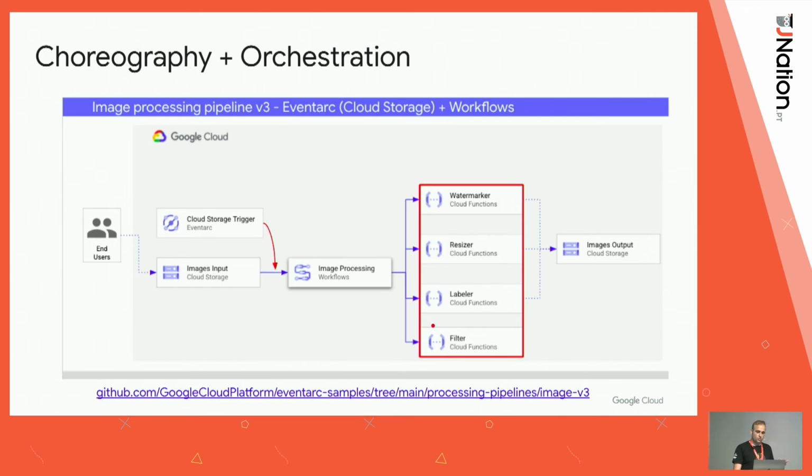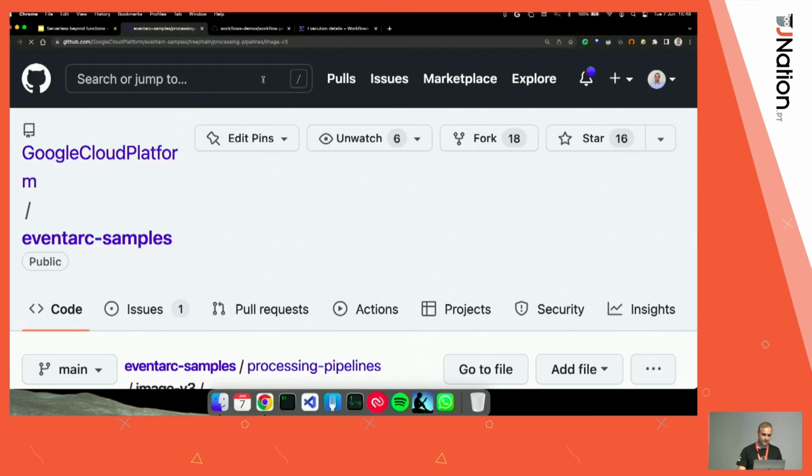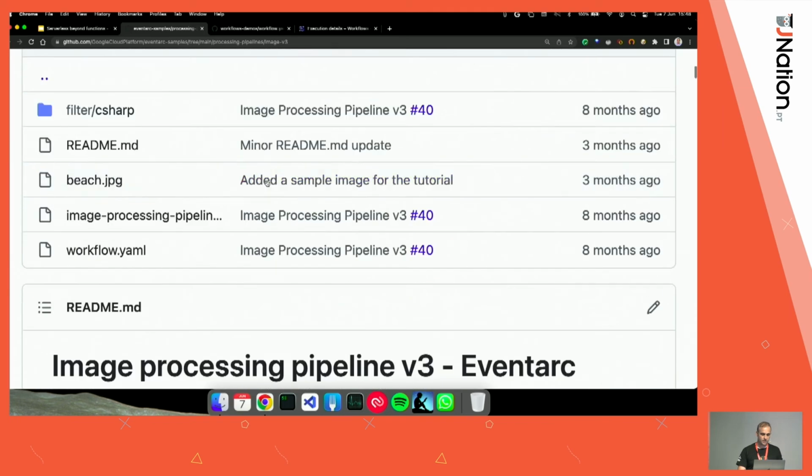But then to call this orchestration, it doesn't have to be a direct call. It doesn't have to be tightly coupled. Instead, I used an event-driven approach here. So I use Eventarc so that whenever a user uploads a picture, it will generate an event. That event will go to workflows, and then workflows will execute our chain. If you want to look at this, it's on GitHub. Again, you can get the links from my presentation.